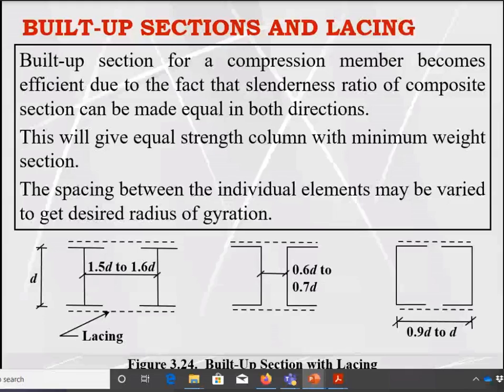The built-up section with stay plates has a gap of around 10 to 15 millimeter between them. So we are placing two channel sections or two column sections very close to each other. The only distance between them is the thickness of the gusset plate or the stay plate. The thickness of the stay plate may be 10 or 15 millimeter, and the gusset plate is 10 millimeter. And then we are connecting both.